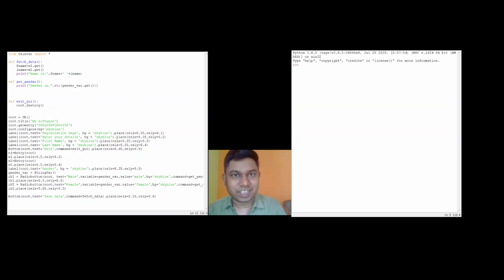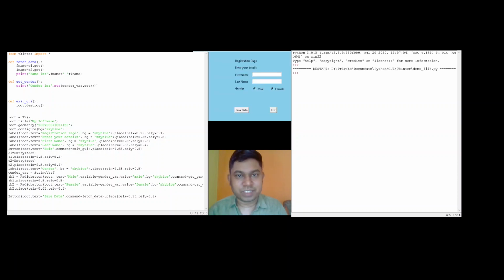So you can see that when you have a lot of options, using a radio button is not a good idea. Let's see in the last example. We have seen that the radio buttons for gender have two options, male and female. So I can select either of one, male or female.